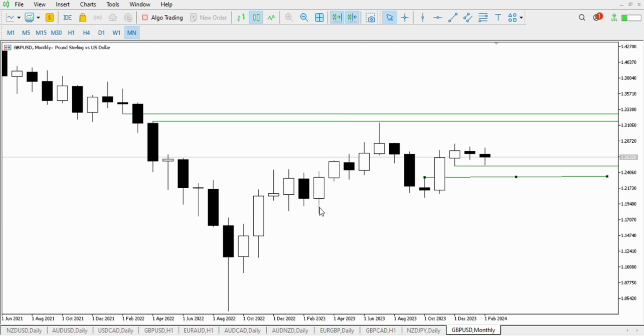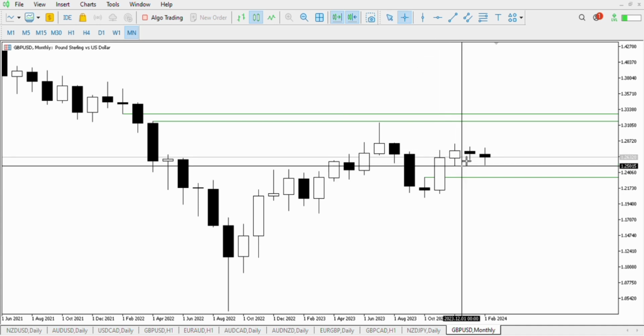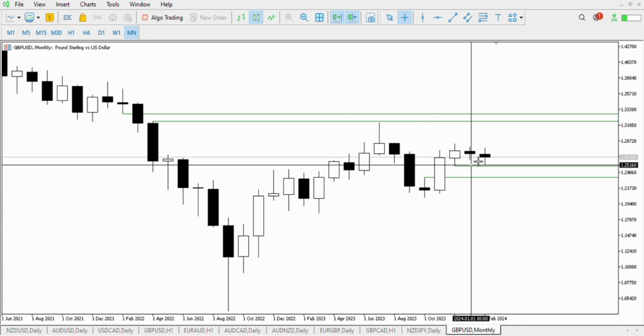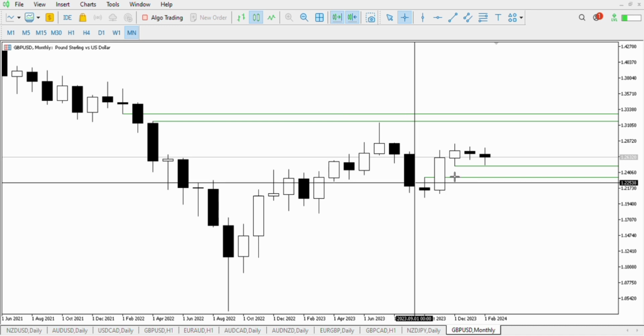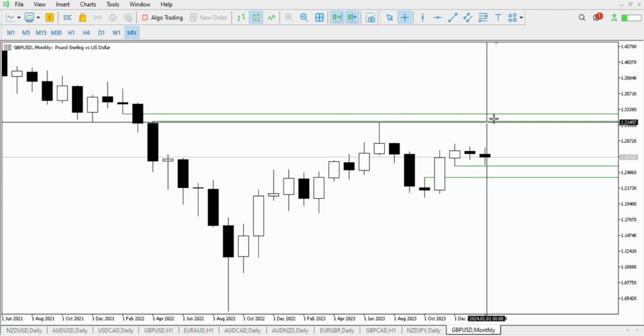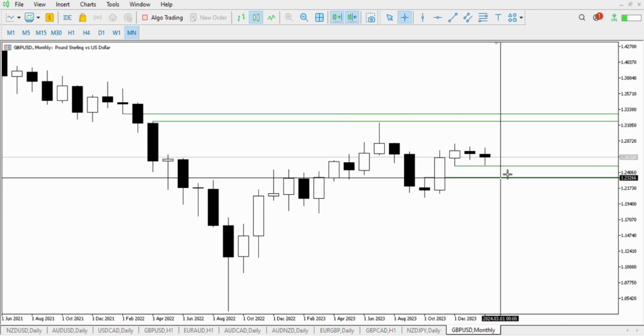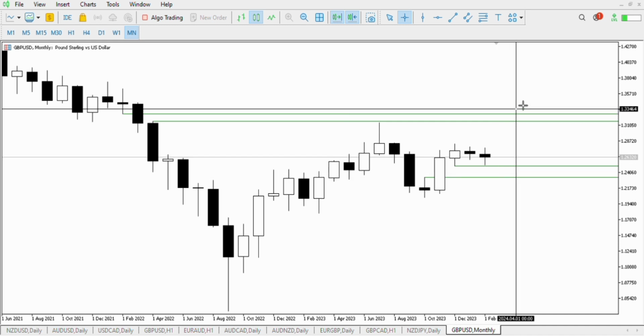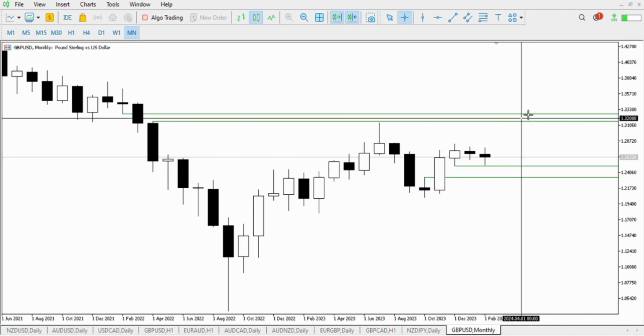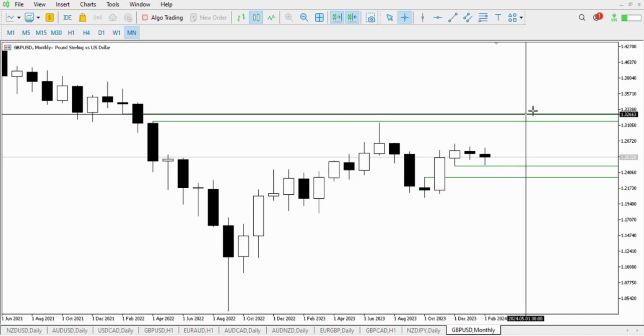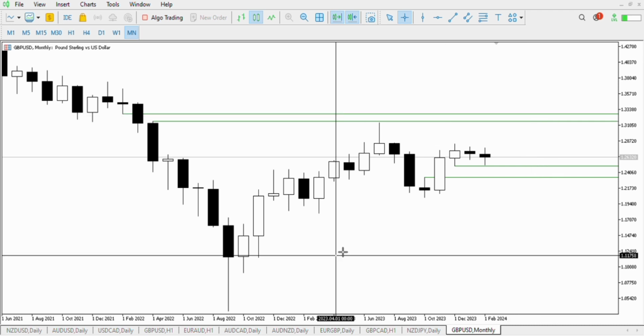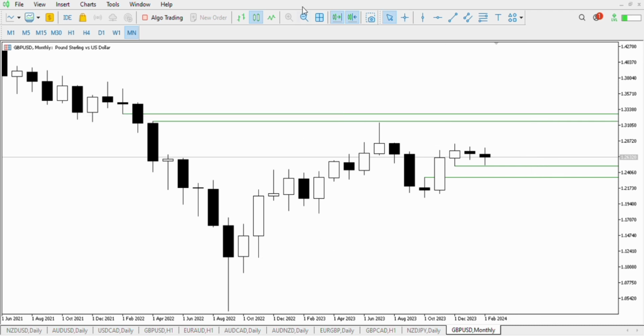Alright, perfect. So we've gotten the fair value gap for a monthly time frame. So what I'm expecting price to do, looking at the monthly time frame, is to head to this fair value gap. Then this fair value gap right here is going to push price to this fair value gap above. Then price might likely start heading lower, because the overall pattern for the GBPUSD, as you can see, is a